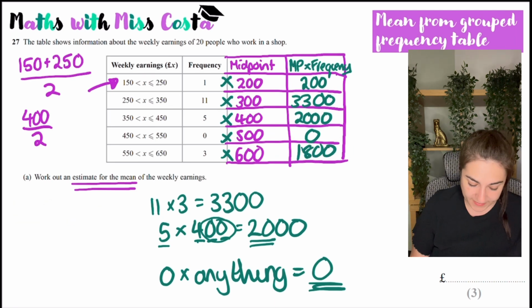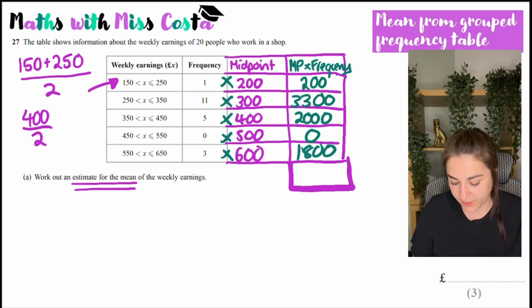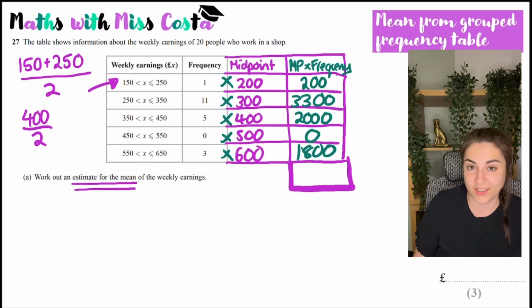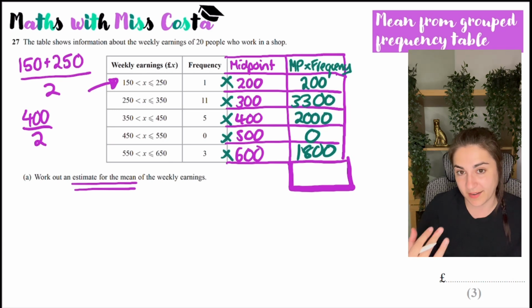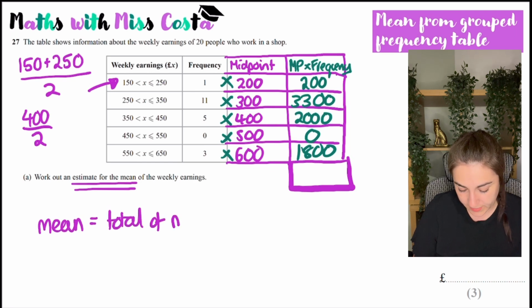So once you've done this column, to work out the mean, what we do is we add up the value of all of this final column, because what I've done is I've essentially said, okay, 11 people earn £300, so in total £3,300 has been earned. So I add up the total money earned. So the mean is going to be the total of your midpoint times frequency column